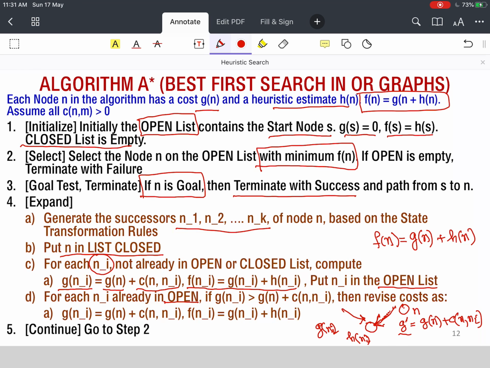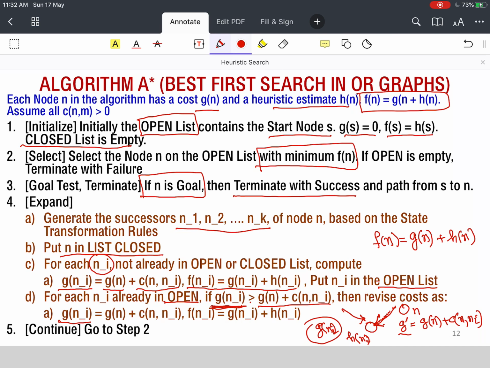And I will check whether G dashed is less than the existing G(n_i), or equal to or greater. If this G dashed is greater than or equal to the existing G(n_i), which means I have come with a larger cost path, I do nothing. But if the existing G(n_i) is greater than G(n) plus C(n, n_i), which means that the new cost is smaller, then I revise this cost of G(n_i).